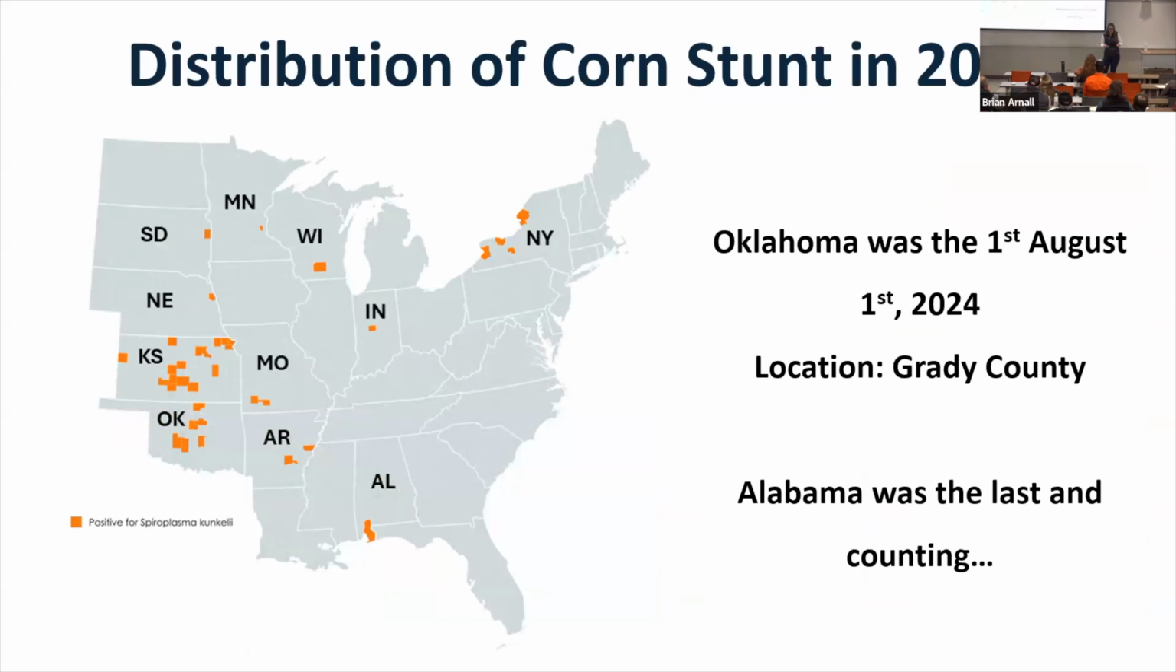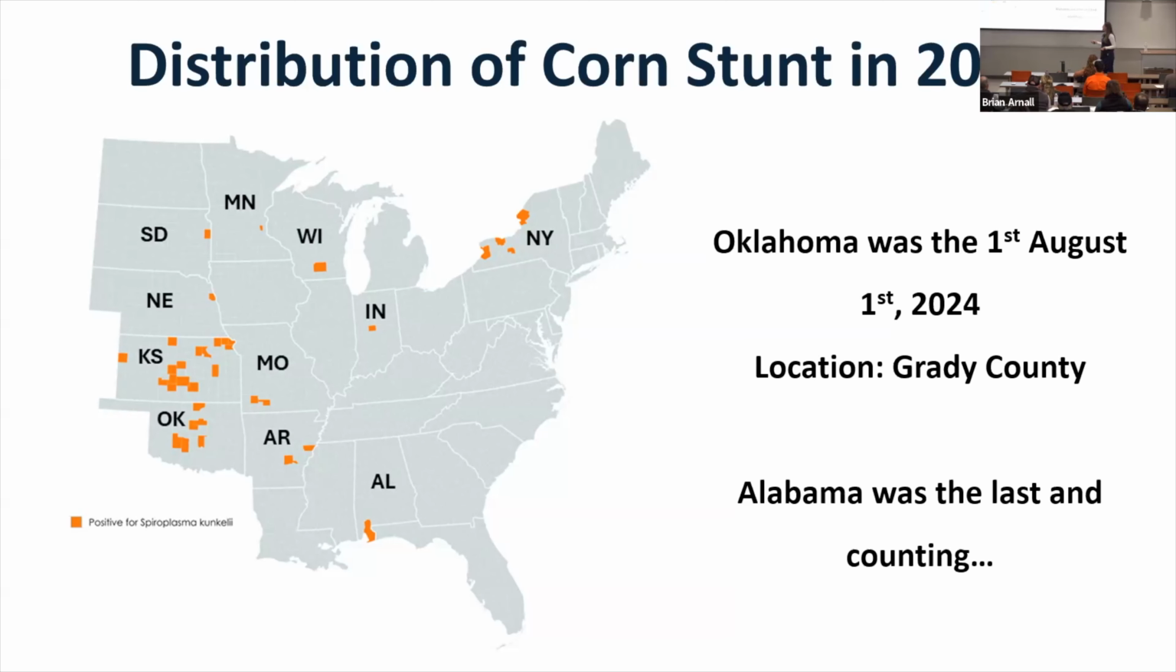So here's a map of the distribution of corn stunt in the 2024 growing season. All those counties marked in this map are reports that were confirmed here at Oklahoma State University. All the other states send samples to us. We serve as a kind of national hub for receiving these corn stunt samples, and we are able to provide confirmation of counties and fields that are having corn stunt symptoms in all those states,